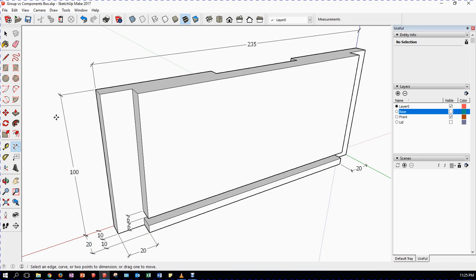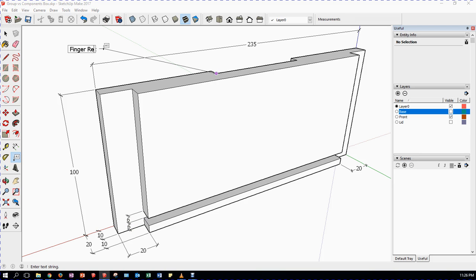Okay, so from there to there, and I'm going to pull it out. So my wood is 100 millimeters high, it's 20 millimeters thick, it's 235 millimeters long. My rebate here is 20 millimeters wide and 10 millimeters deep. And then here, this rebate for the base is 6 millimeters above the bottom of the piece of wood, and it's 6 millimeters thick, and it's the same depth as the 10 millimeter depth that's here. And you can actually see that because there's no line separating these two surfaces. And then, as I say, I'm going to put a little leader in here, and I'm going to put a little note that says